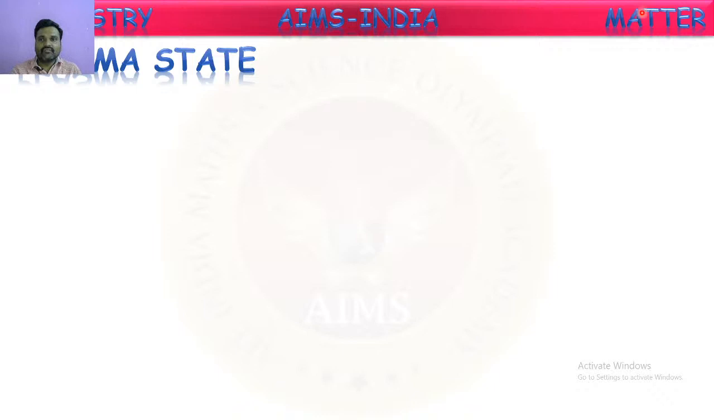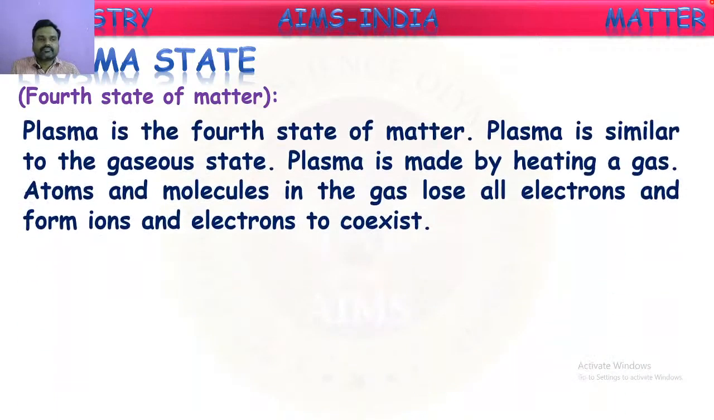Plasma state, the fourth state of matter. Plasma is the fourth state of matter. Plasma is similar to the gaseous state. It seems like a gas, but plasma is made by heating a gas. We know